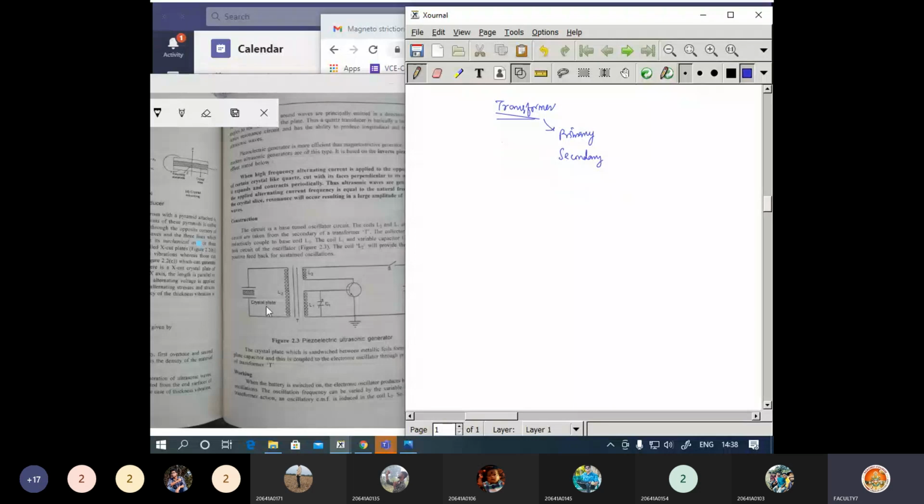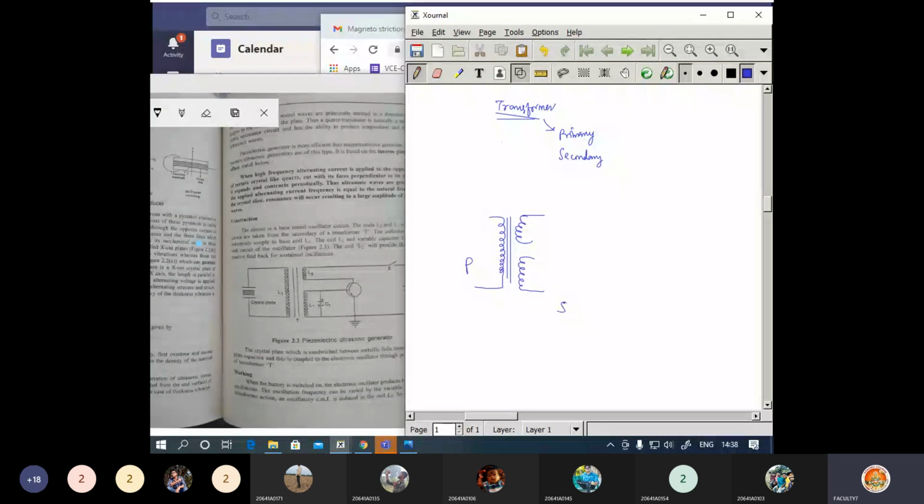Now here, if you refer to the diagram, this is a transformer in the middle. So now I'm going to draw the transformer here. This is the transformer we are going to draw, and this is an indication that this is a mutually induced transformer, and these are the coils, separated. So now here this is the primary and this is the secondary.